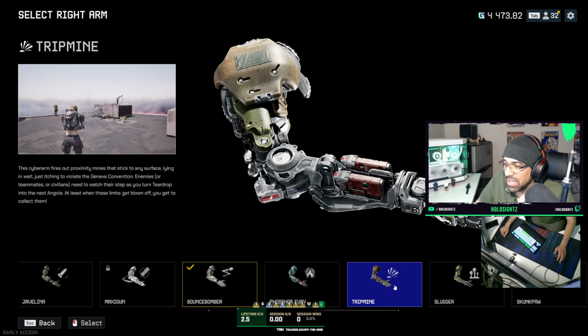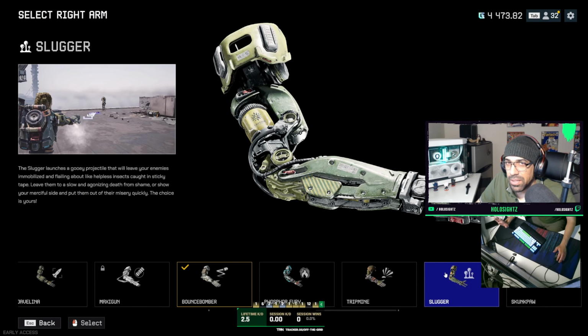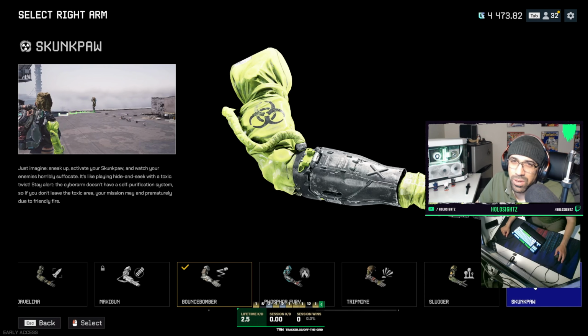Trip Mine, best limb in the game, S tier, automatically. Devs, please fix this shit. I'm so sick of it. Slugger, we don't need to talk about it. Buff it, it's bad, but maybe one day we'll get some changes, and the same could be said for Skunk